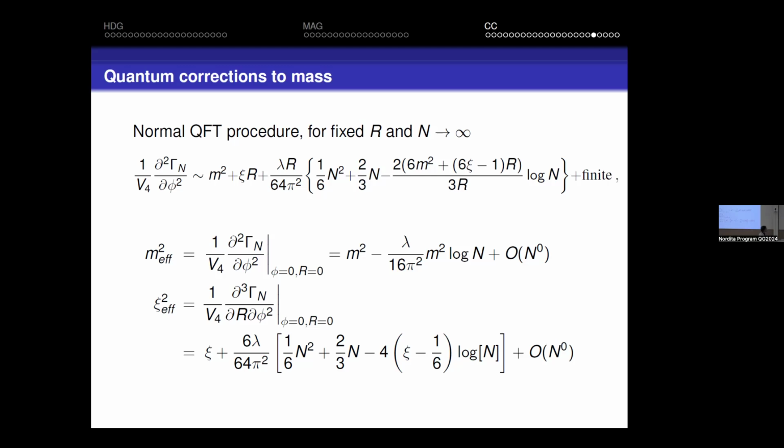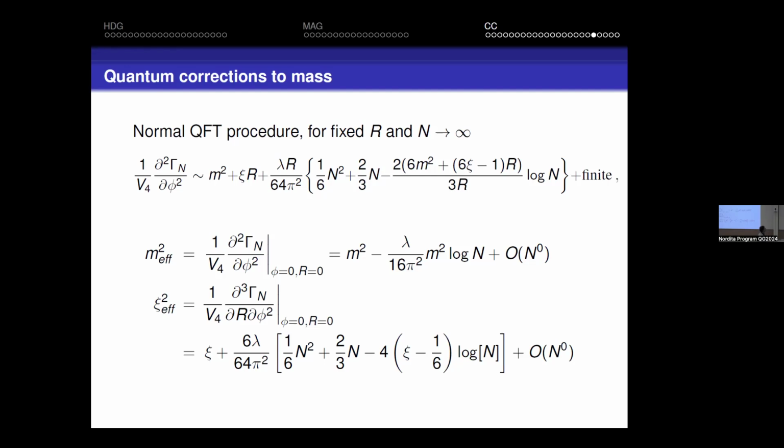But now you have to remember an important thing: we want to go on shell, because the field R is supposed to solve the equations of motion. And I showed you that when you solve the equation of motion, R behaves like 1 over n squared. So you have here a term that goes like 1 over n squared. So this cancels this divergence. This becomes a finite term. This goes to 0. Here you have something that is finite. And here you have something that goes to 0 again.